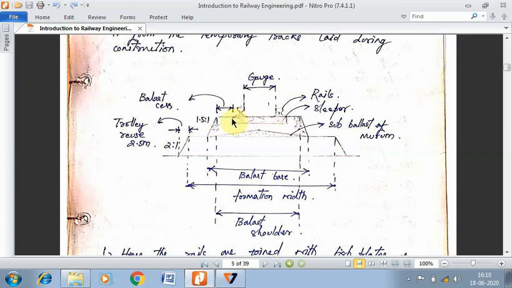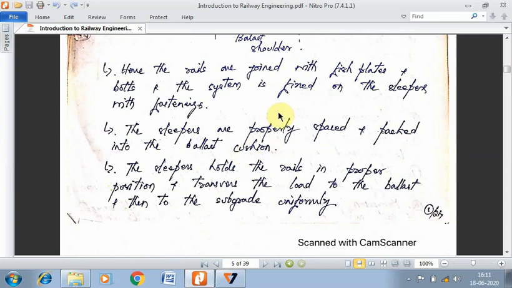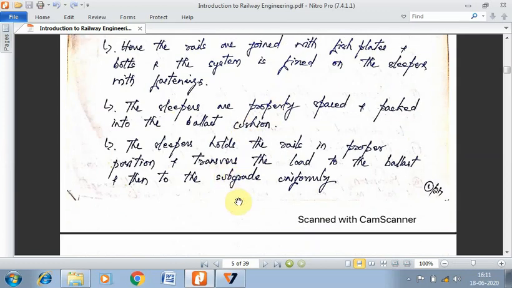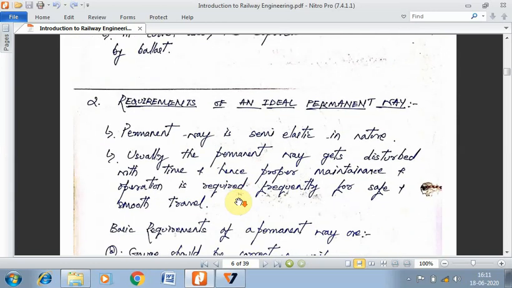There's a gap between the edge of the sleeper till the edge of the ballast layer, and that is what we call the ballast cess. Typically again this will have a slope of 1.5 to 1, and these specifications are what you need to remember in case you are asked in the examination, right? So that is the explanation about the permanent way. You can just go through the writings which I have given in my notes, right?